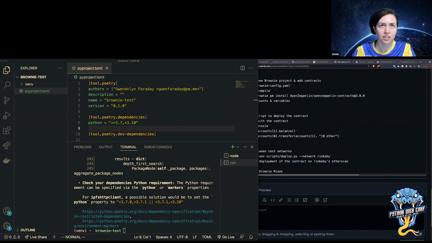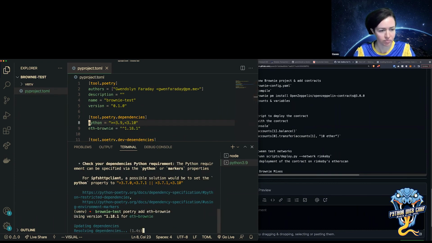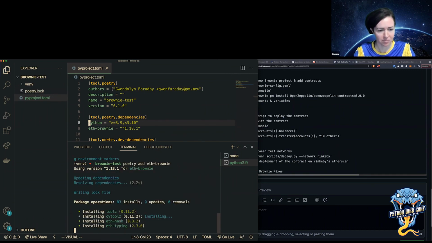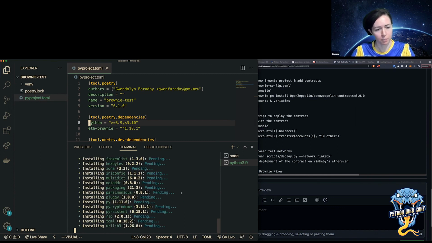All right, so I did have this working before, but okay, let me try that. Okay, that actually worked this time. And sometimes it takes a while because there's a lot of different tools that it uses to install and stuff.